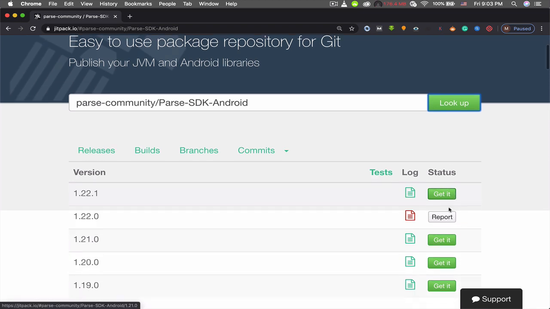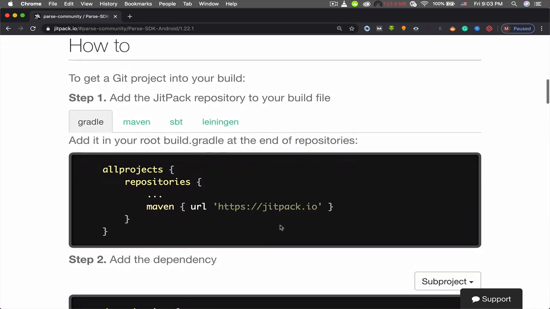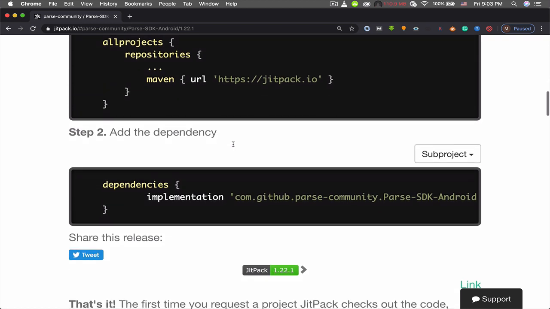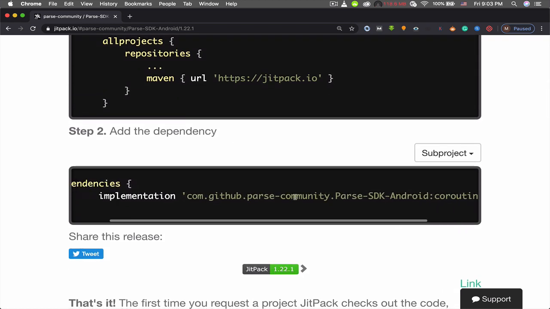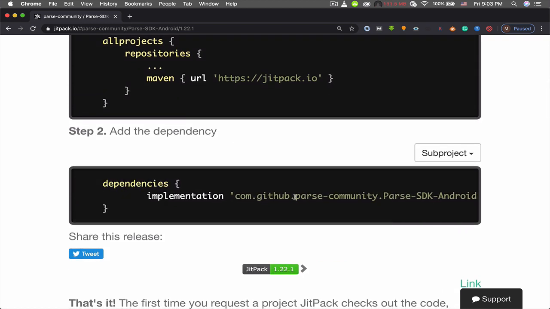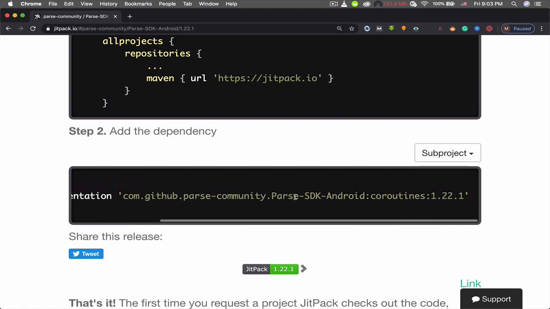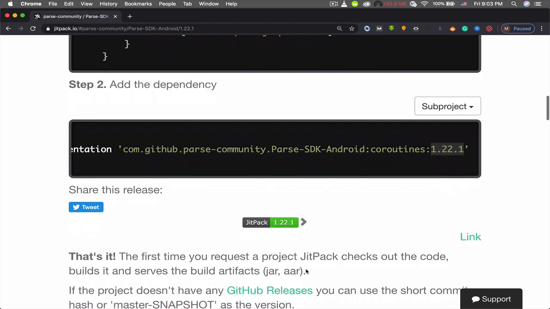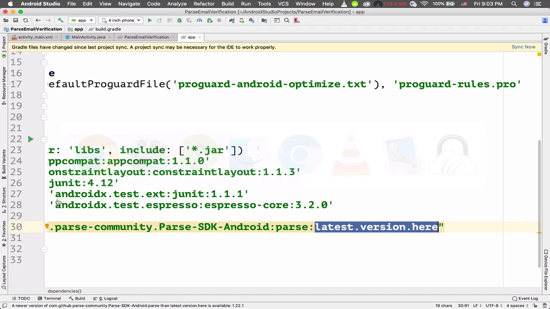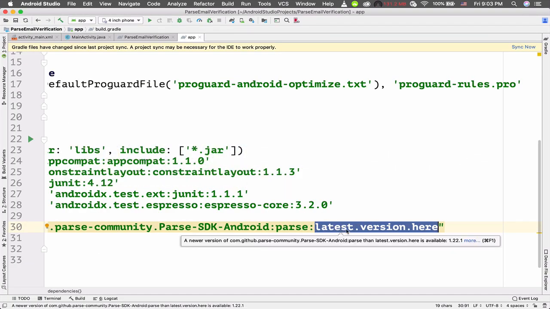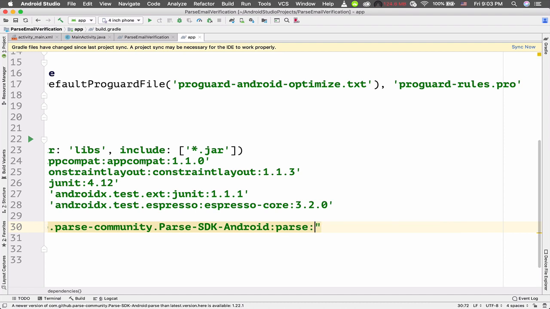So I'm going to click on this get it. Now it is showing me the process of adding the Parse SDK to Android Studio. We have already done that, but notice the latest version is this one, 1.22.1. You can also take a look at the latest version here, Jetpack 1.22.1. So I'm going to go back to Android Studio, and instead of latest.version here, I'm going to say